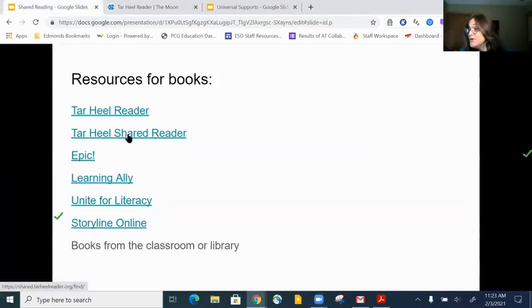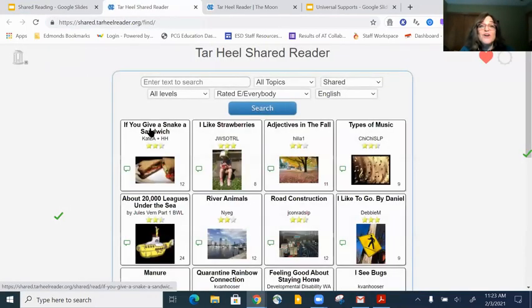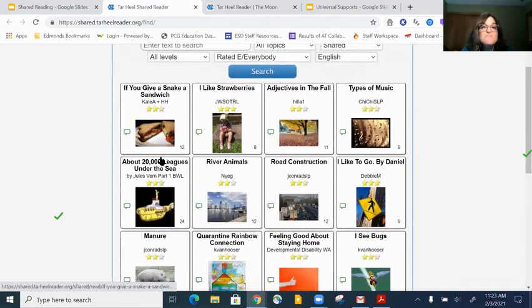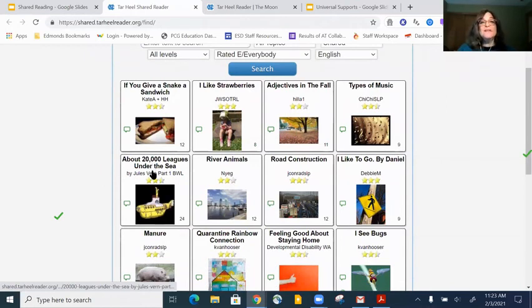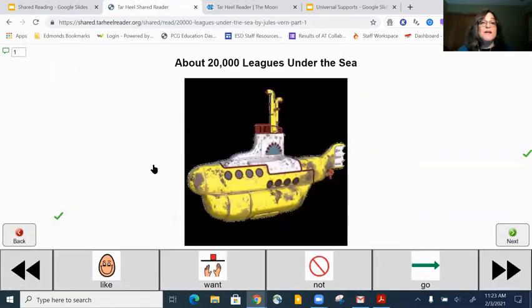Okay, Tar Heel Shared Reader is very similar as well. However, I am going to open this one, 20,000 Leagues Under the Sea. Again, that would be some content for probably an older student. Now, what you'll notice with the Tar Heel Shared Reader is along the bottom are the core words.